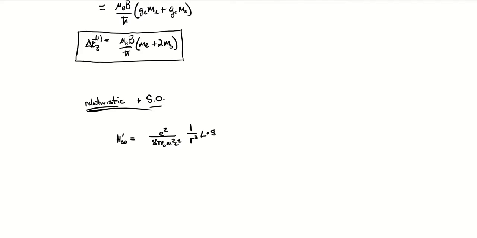And this spin orbit term is not diagonal in the uncoupled basis we're using as our zeroth order states. However, the states that it does couple, the off diagonal terms, are non-degenerate. So we're going to use non-degenerate perturbation theory to determine what the corrections due to this spin orbit term are. And we end up with those spin orbit corrections to first order being the n, l, s, m_l, m_s matrix elements.